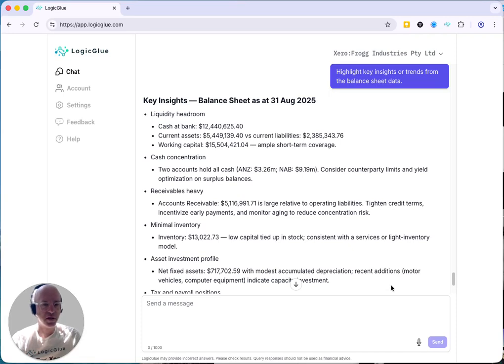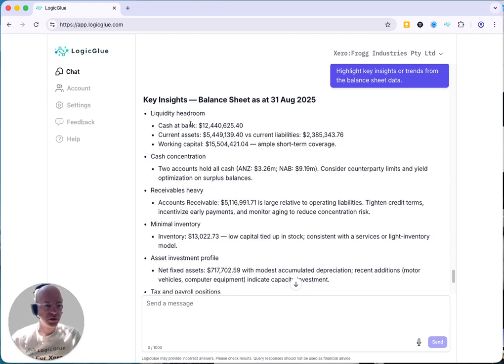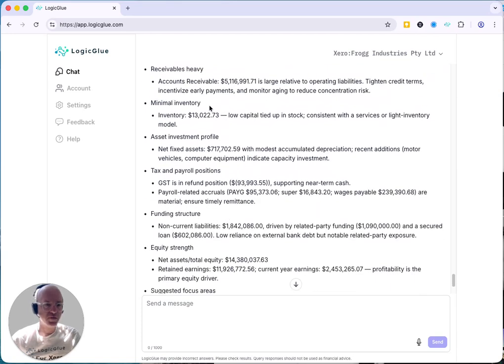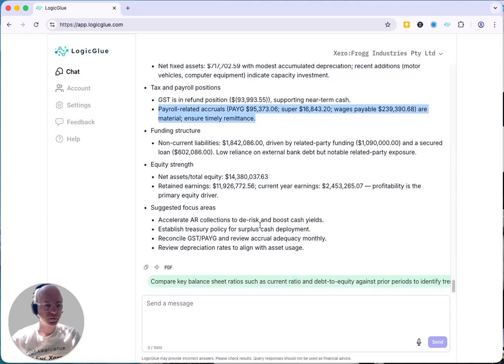This is the exciting stuff, right? So I asked for key insights into the balance sheet. Liquidity headroom. Here we go. Consider sweeping and yield optimization on surplus balances. Tighten credit terms, receivables very big. Comments on minimal inventory. Payroll-related accruals, ensure things are happening on time. And it gives you suggested focus areas. We can even try,